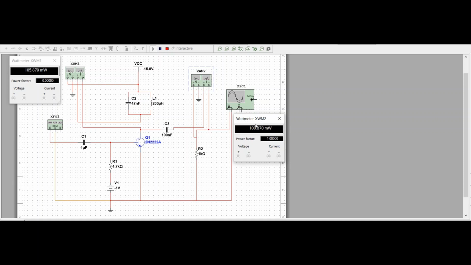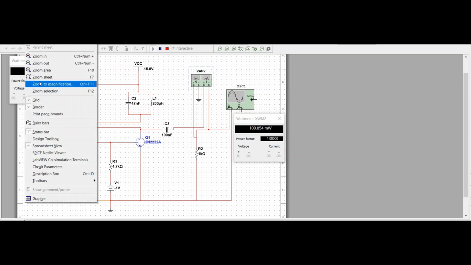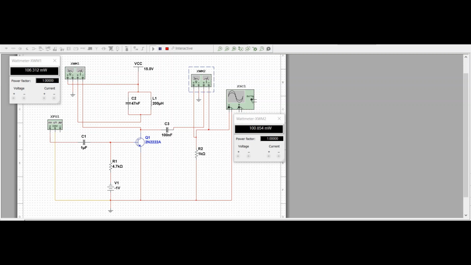So M2 is the output power and M1 gives you the input power. So efficiency is given as output by input. So let us write that. So efficiency is P out divided by P in, which is equal to over here